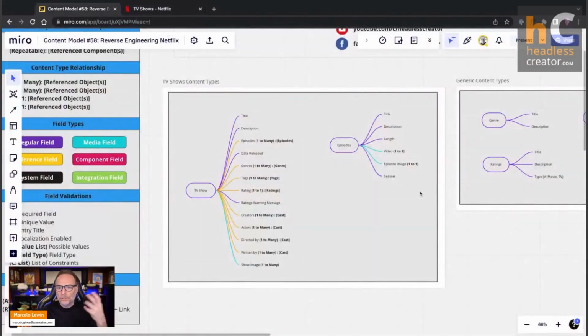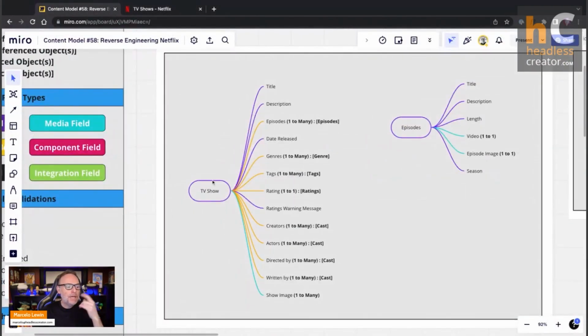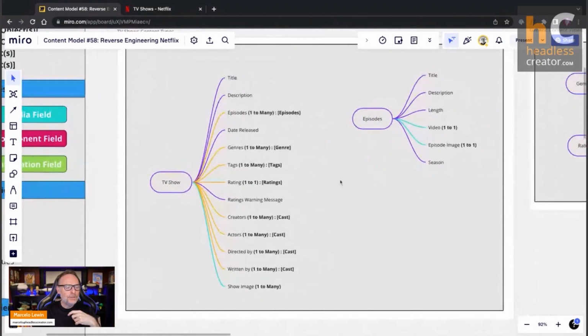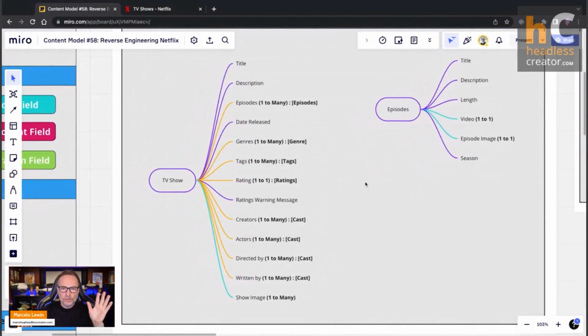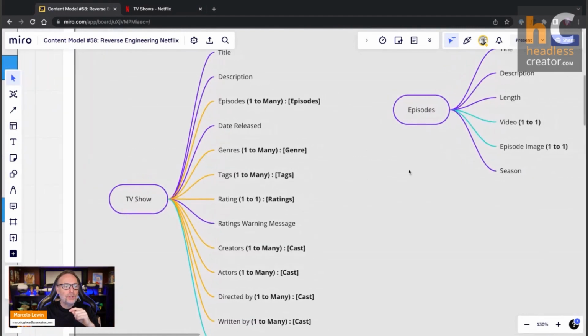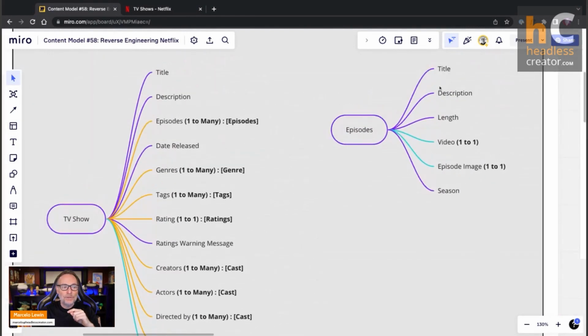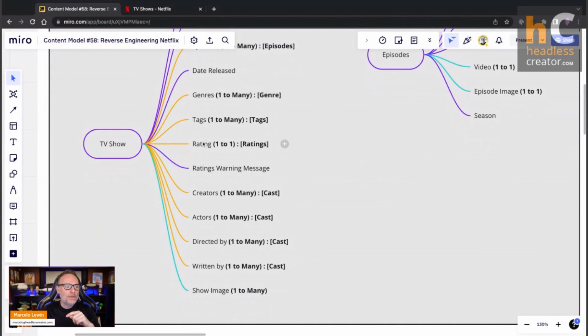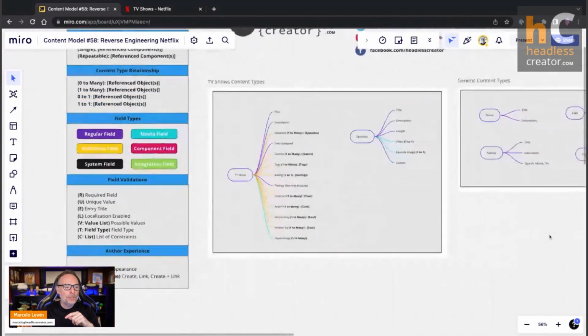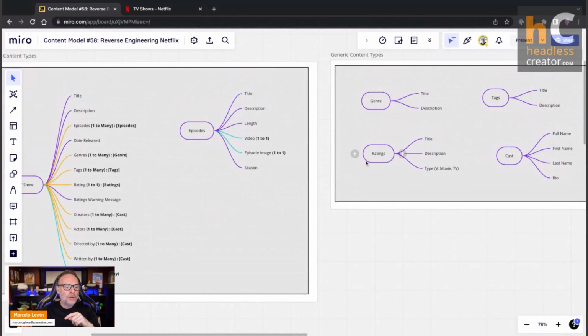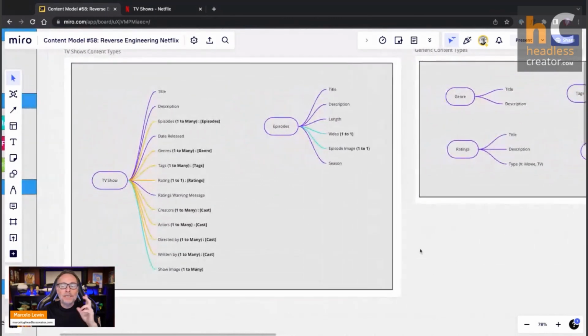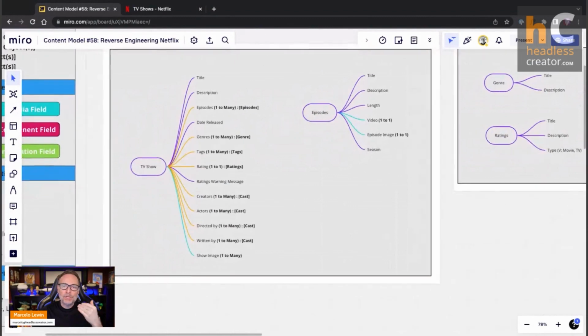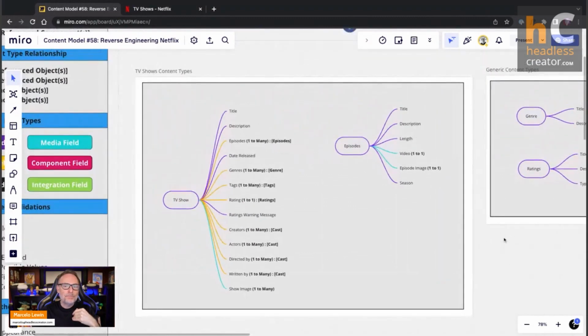So if we go into our content model, you'll see that we have our TV show. Let's do a quick review here, and you can watch the entire episode, which I believe is lesson 58. We have a title, we have a description, we have an episodes field, which is one to many to the episode content type. We have date released, genres, tags, and rating. You can see all these are actual references to genre, ratings, tags, and cast, because we're going to reuse those content types when we create the movie